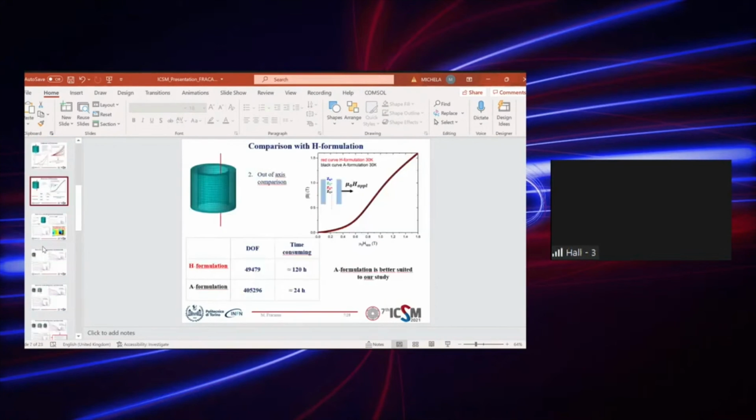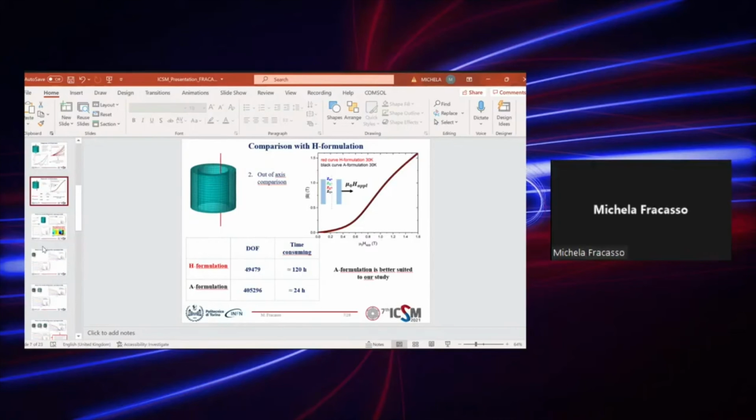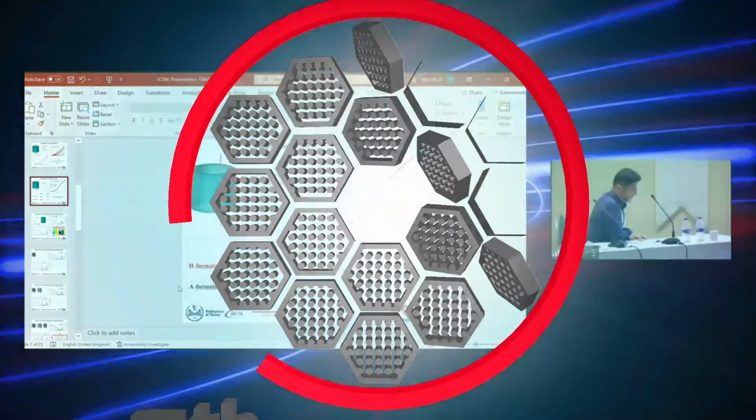Sorry to interrupt you. How do you choose the mesh? It's a big deal for us. I mean, in order to converge the simulation using the H formulation, it was needed to use a mesh coarser than the A formulation. And of course, this is a problem because